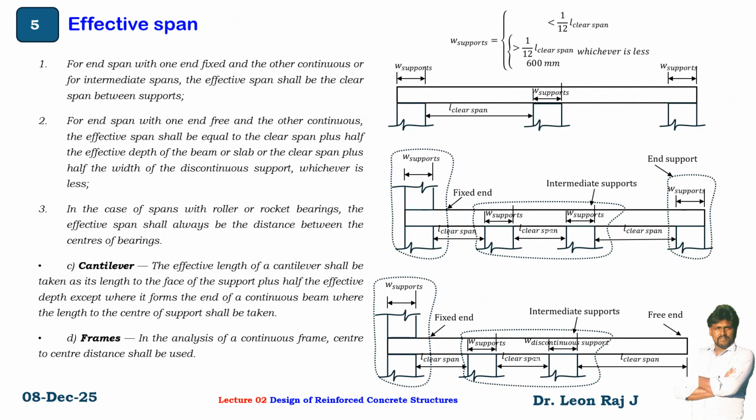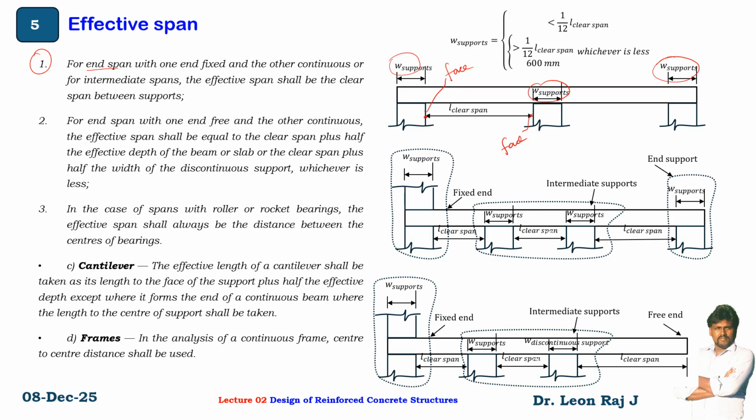So first point, the end span. This is the end span, and this is the width of the supports. Clear span means the distance between two supports, not center to center. This is the face of one support, and the distance from one face of the support to the face of the other support